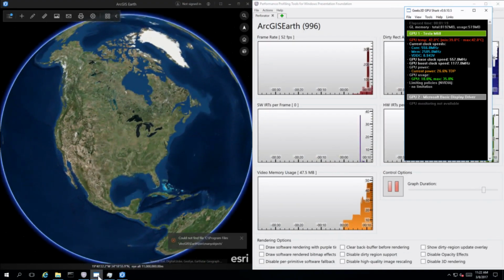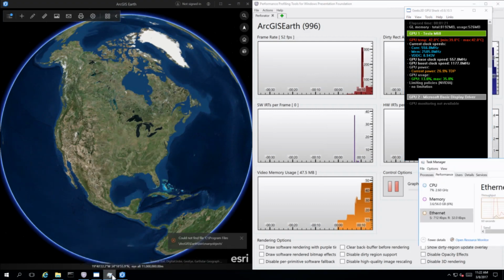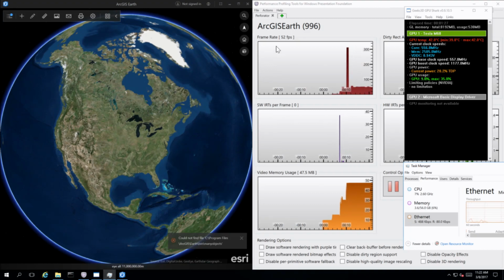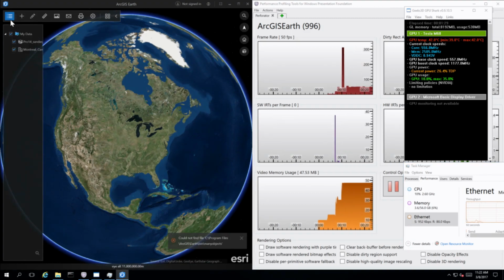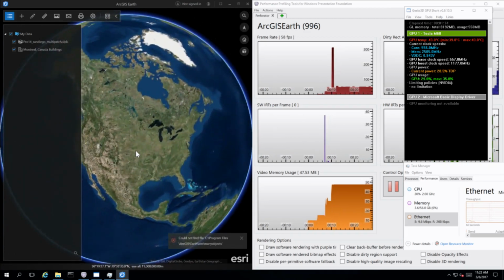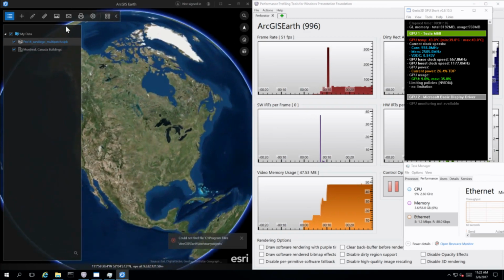Let's go ahead and we'll take a look at, okay, CPU's not getting hit here. We see GPU is about 11. We can see video memory is getting hit, which is great. Frame rate's around 50. Let's go ahead and zoom in. I can interact with this globe and still basically have a very similar experience to what I'd have on my desktop. I'm going to zoom into